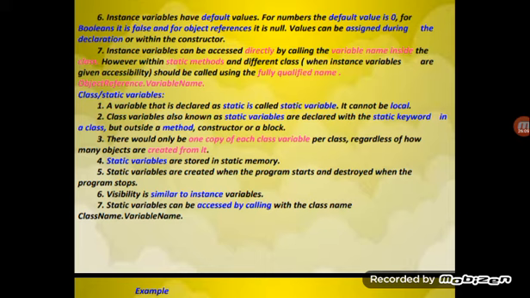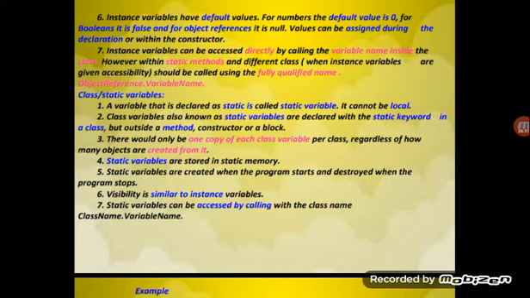Static variables are stored in static memory. Static variables are created when the program starts and destroyed when the program stops, so they are automatically destroyed.